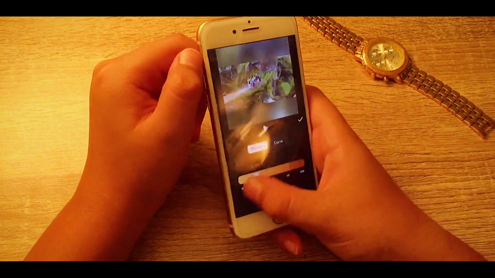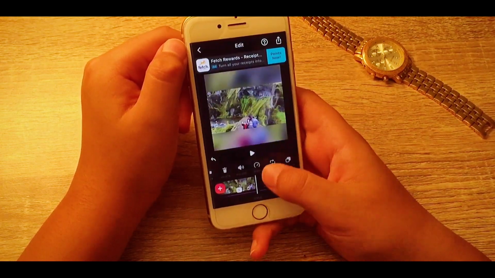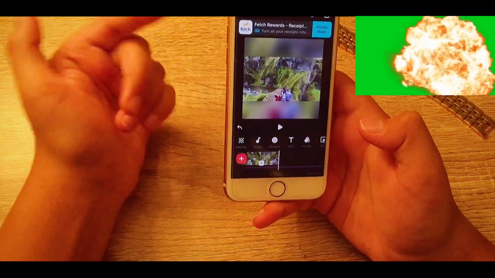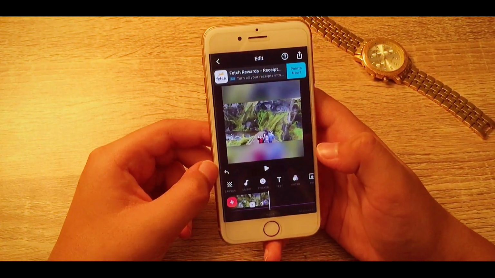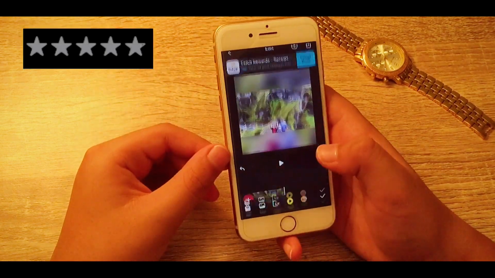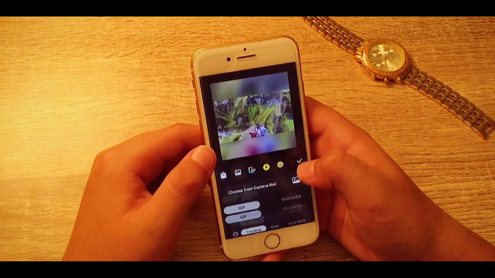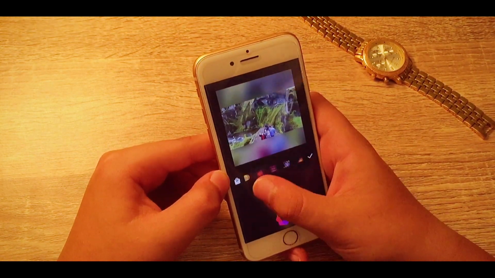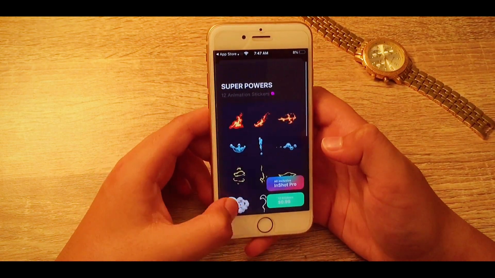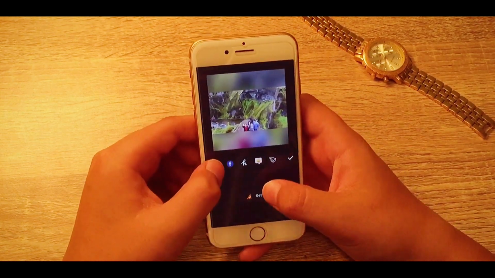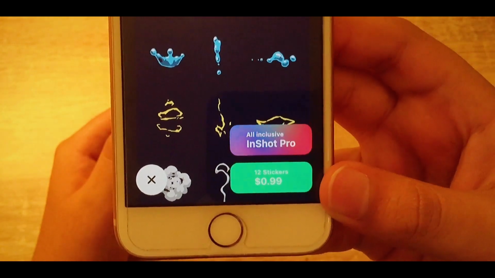I'm saying you could also put in speed. But this definitely wouldn't be on my top 3 list since there's no green screen or anything like that. There's no way to put in images or stuff like that. I mean, there are stickers, of course, everybody has that. But as far as I know, there are no easy ways to do stuff like that, and everything is literally paid. I pressed get, and right here there's a little payment option that you could do. So yeah,